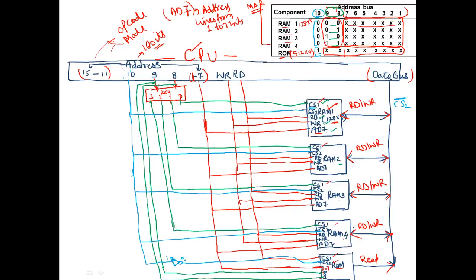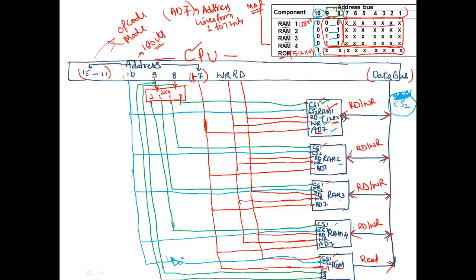1 will get complemented to 0. So 0 will again get complemented because chip select is again taking the inverted data only. That is why we are using it. Just because it has been demonstrated here in this memory address mapping like CS2 complement, that is why we are taking it like this. Otherwise, if you don't want to take the complemented value, then similarly you can directly attach it.